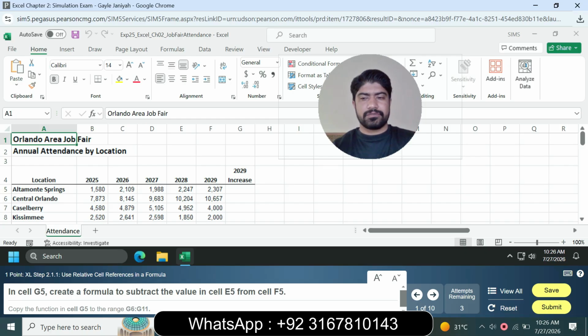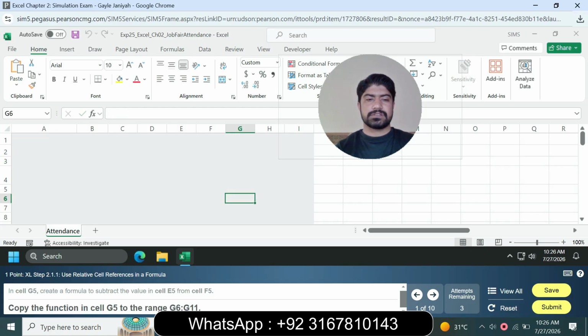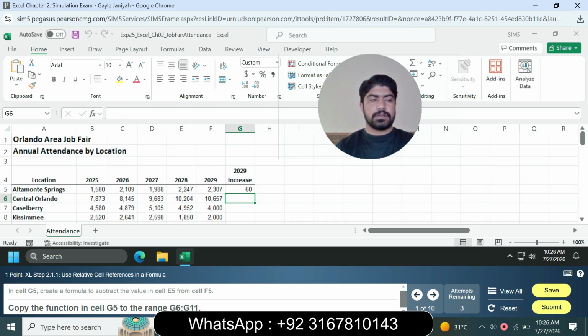In cell G5, create a formula to subtract the value in cell E5 from cell F5. So type equals F5 minus E5 and press Enter. And next,